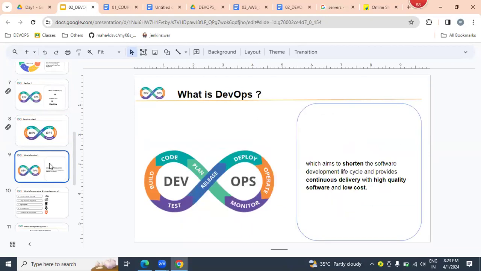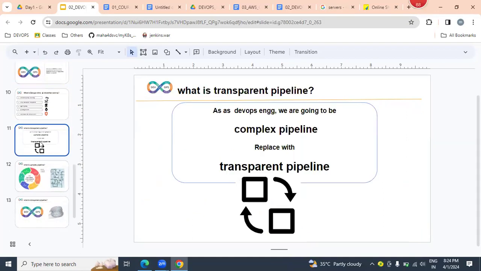So usually, while we implement DevOps as an automated process, the developers keep on writing lines of code. These lines of code are going to be updated into the remote. While we deploy our application into the production server, make sure you deliver working software from the dev environment to the production environment within the shortest time, with high quality and low cost. That is nothing but our DevOps process. I hope you understood very clearly what exactly the DevOps process is.